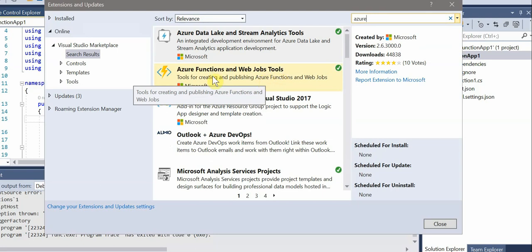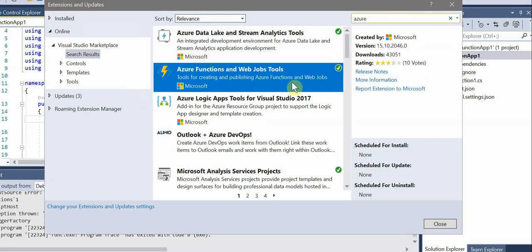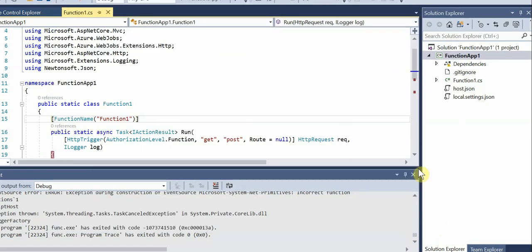Basically this extension is used to create a new Azure function. It will help us to debug the Azure function as well. It is already installed on my system, that's why it is showing. If it is not installed on your machine, first you need to install this to get started with Azure function creation.